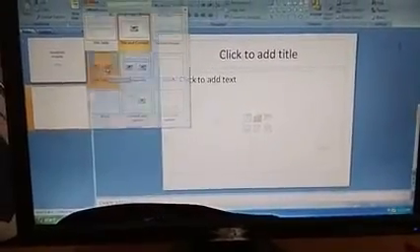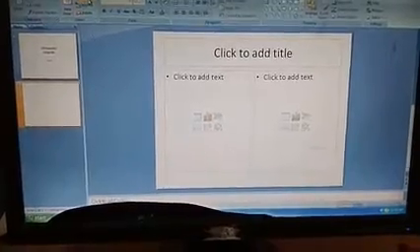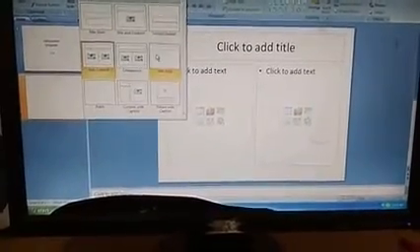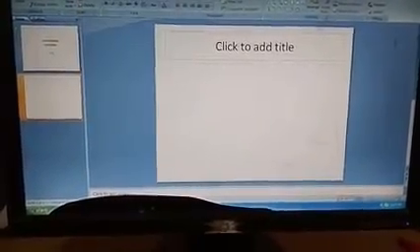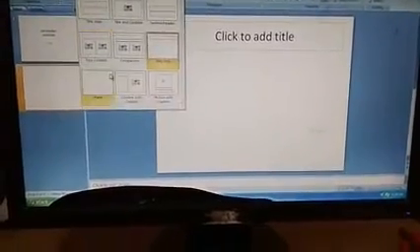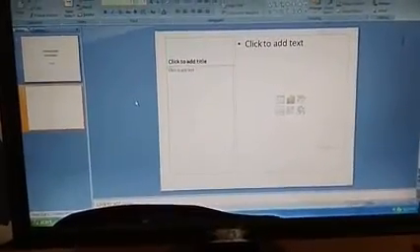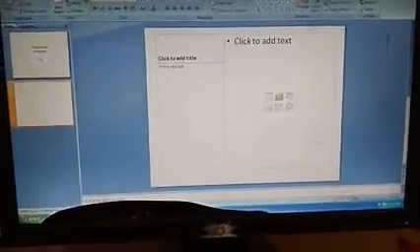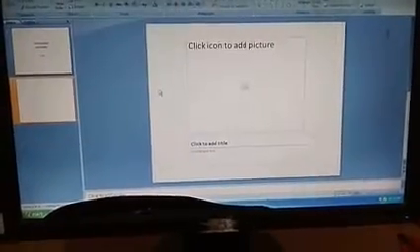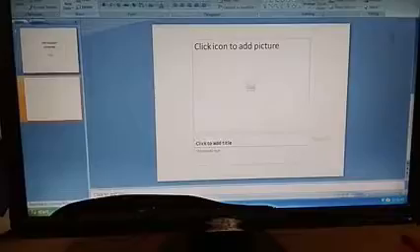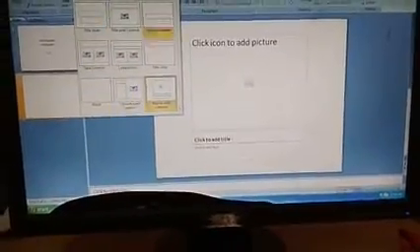Then you have a slide with two-way contents, the title slide, then a blank slide which can be used as a front page, then a slide with content and list, and a picture and caption slide. All these are different types of slides.